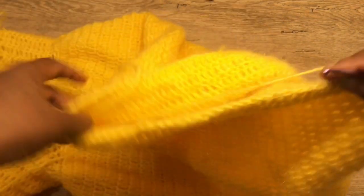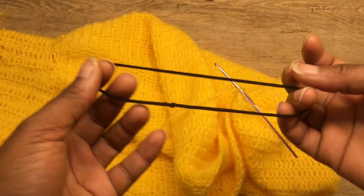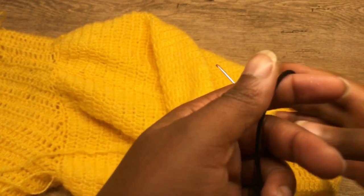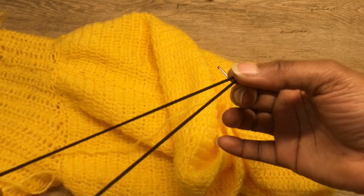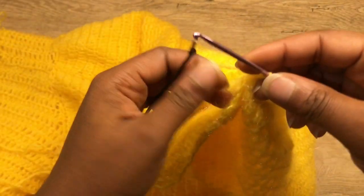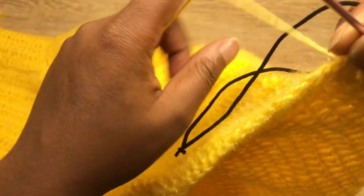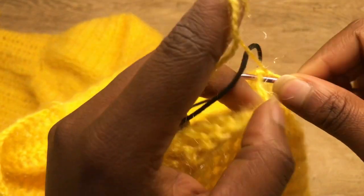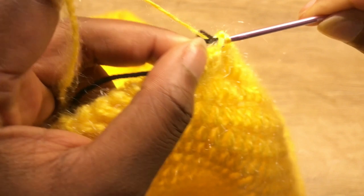Now what you're going to do next is you're going to take a rubber band. So I have this rubber band which I measured 14 inches, like I said at the beginning of the video. I just measured 14 inches and tied the two ends of the rubber together. Now I'm going to take this rubber, go into the first stitch and go through the rubber, yarn over and pull through,